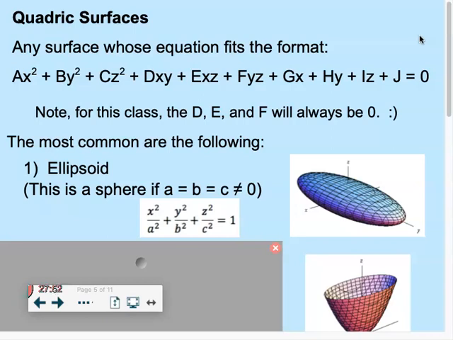If you took the z squared over c squared out, what do you get? You get an ellipse, right? So an ellipsoid is just now adding a z component. So it's like an ellipse in every single direction. So now it's called an ellipsoid. All right, okay. So the next type of equation,